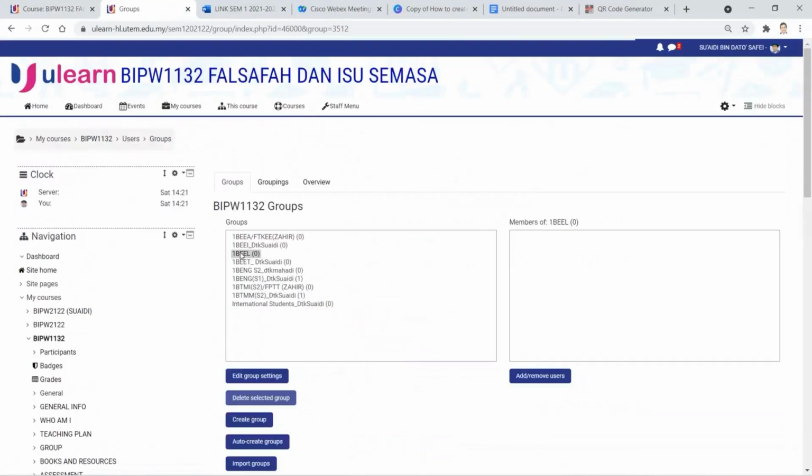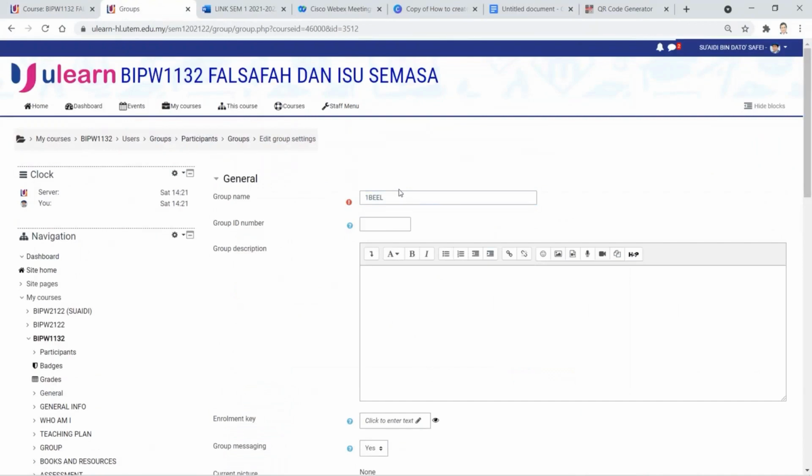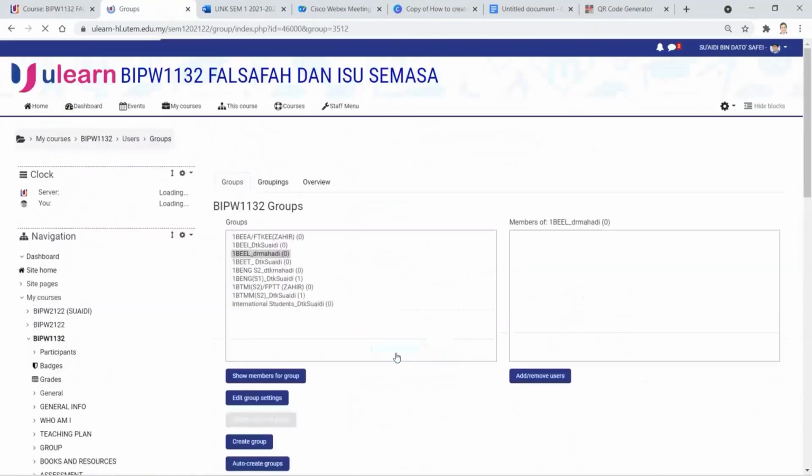There are two groups. Oh, we forgot to put his name. We can edit again, no problem. Just click this one, click edit group, and then put underscore. This is the system that we do, underscore, or bracket, either one that you like. Dr. Mahadi. Okay, that's it. Save changes. And the third one, create group,